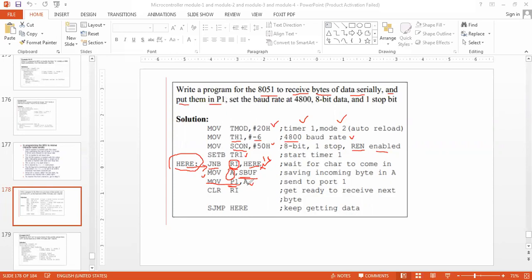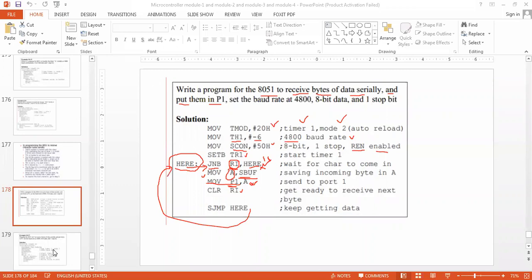That is why this instruction is written. Then clear RI, this is the fifth step, and jump back to the beginning.